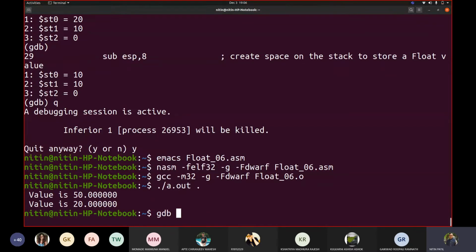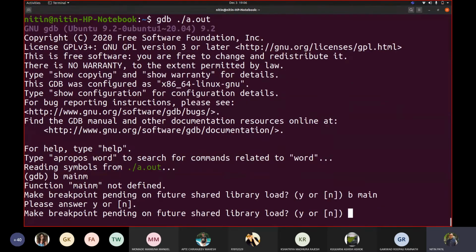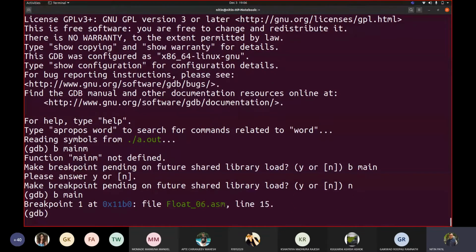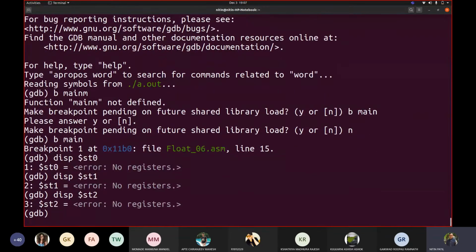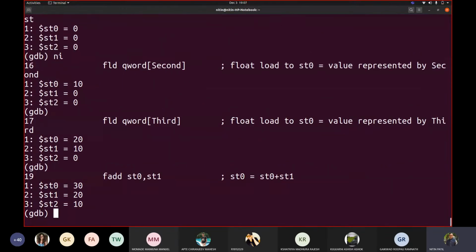Okay, now let us debug, gdb ./a.out. Breakpoint main, display $st0, st1, st2, run. Now see, first, second, third.